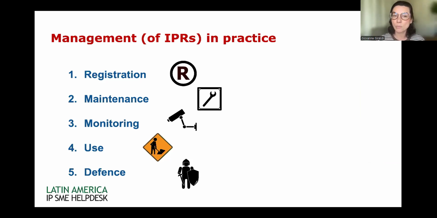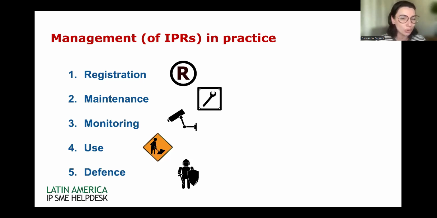The second moment where it's relevant is the maintenance of the right. For me to be able to defend the business interests, the right not only needs to be registered, but needs to be maintained. And to maintain, maybe you need to pay renewals, annuities. Maybe you need to file declarations of use, or you have certain obligations of use in certain territories, or also your contracts, the contracts where that intangible asset plays a relevant role, you also need to do